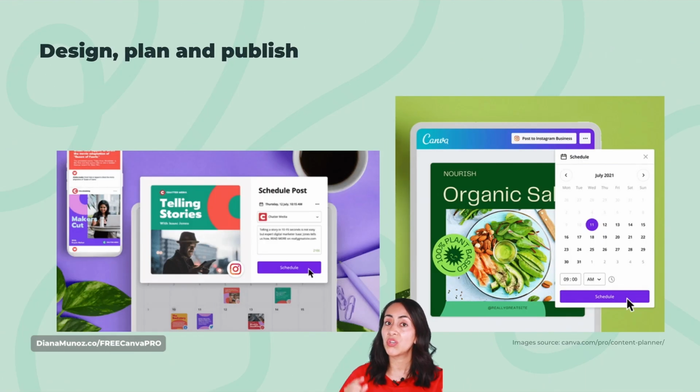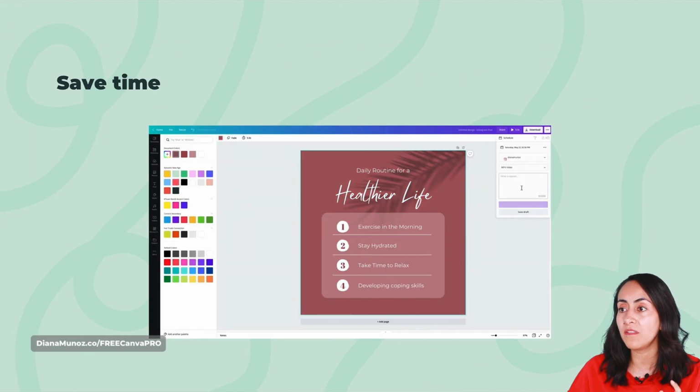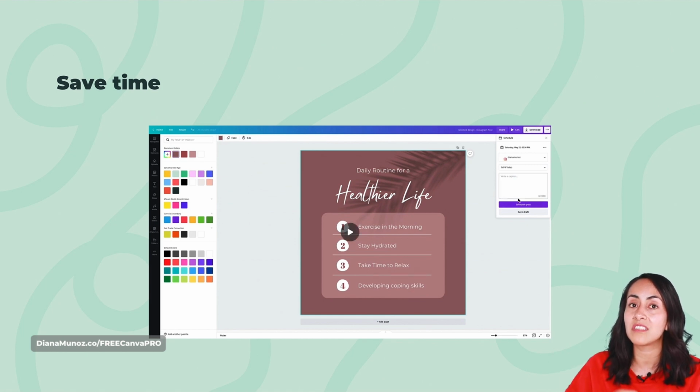With this feature, you are of course able to design your graphics or your videos, plan all your social media posts, and then publish them directly from Canva. This will help you save a lot of time because you are going to manage just one platform to do all of that.